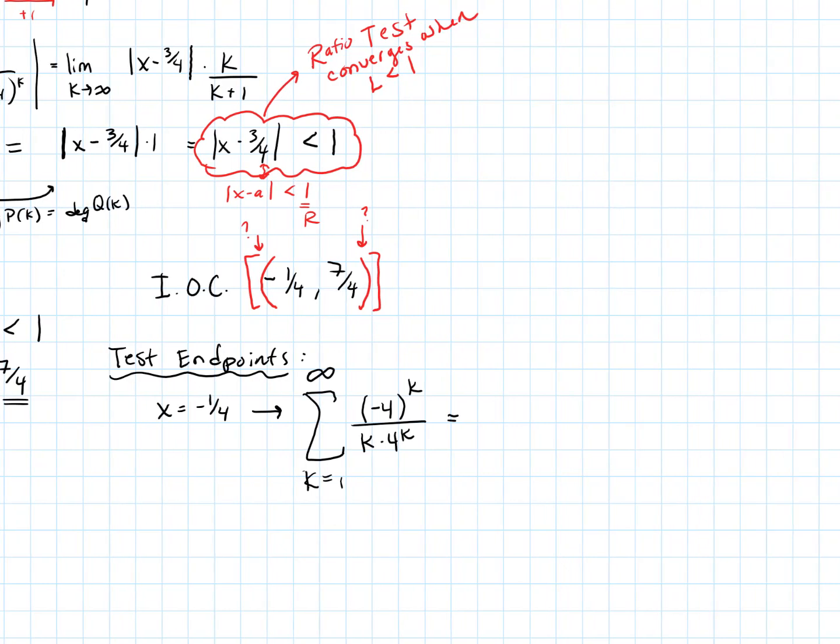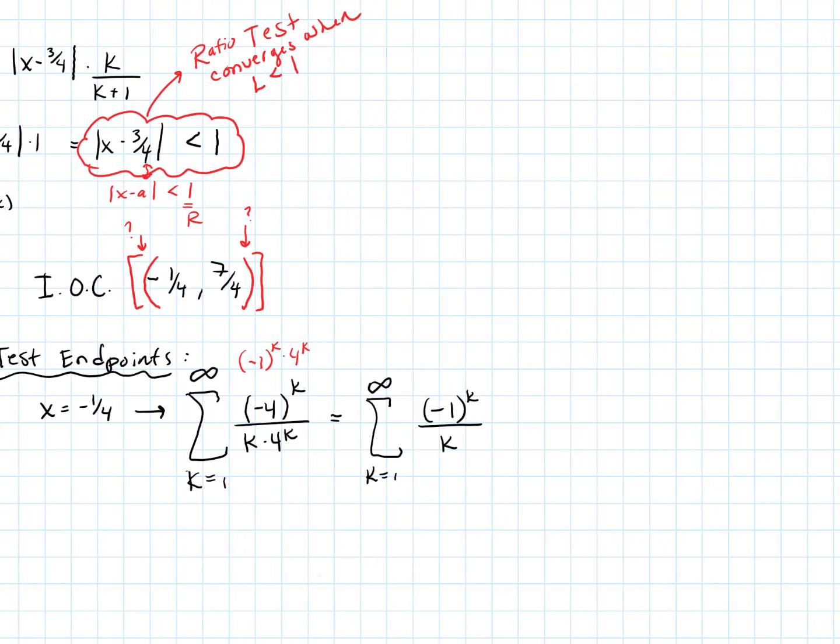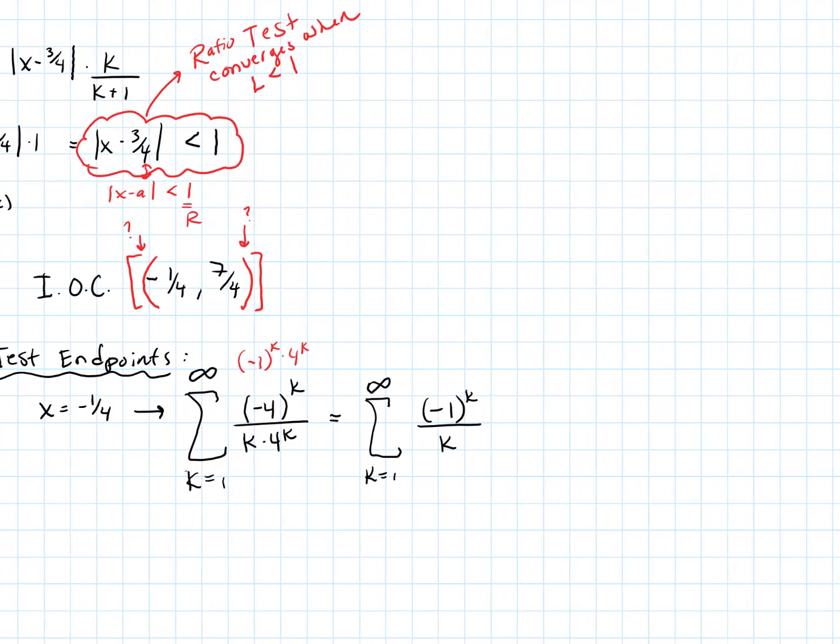Well, that just simplifies down to -1 to the k over k times 4 to the k. And so the 4 to the k's cancel, and this becomes just (-1)^k over k, from k equals 1 to infinity. Now, we could apply the alternating series test to that, but this is absolutely a series we have dealt with multiple times. And so what you can say right here is this is just the alternating harmonic